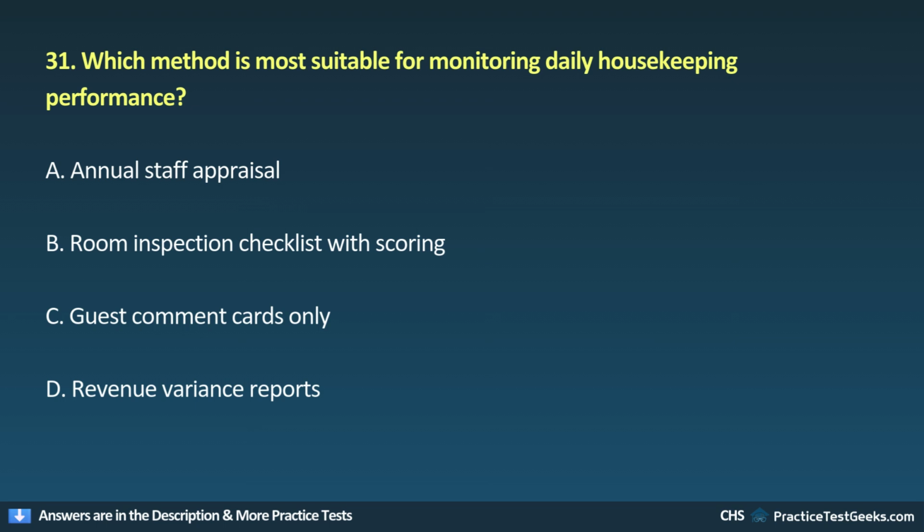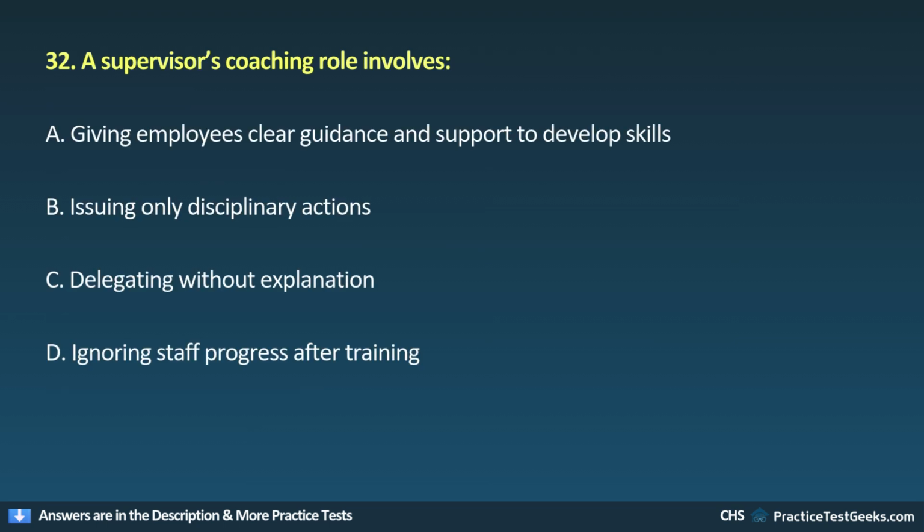A. Annual staff appraisal. B. Room inspection checklist with scoring. C. Guest comment cards only. D. Revenue variance reports. 32. A supervisor's coaching role involves